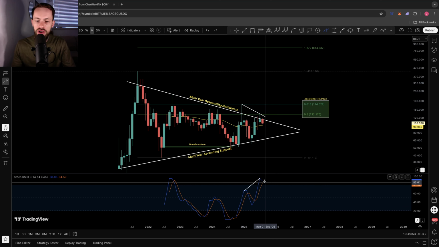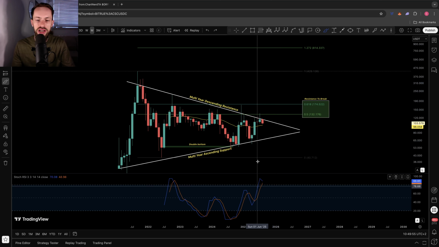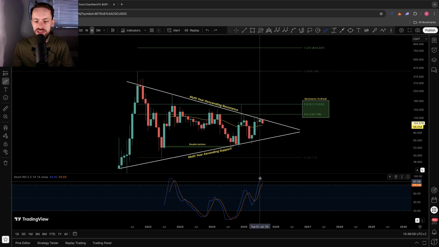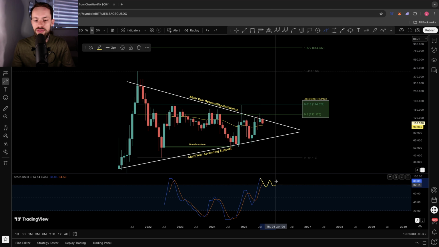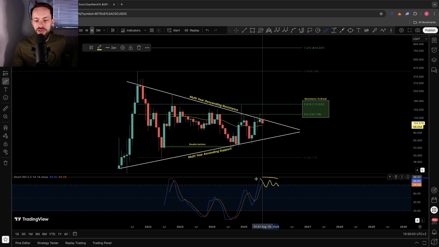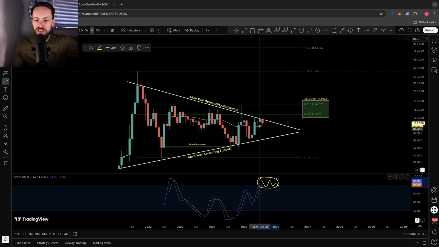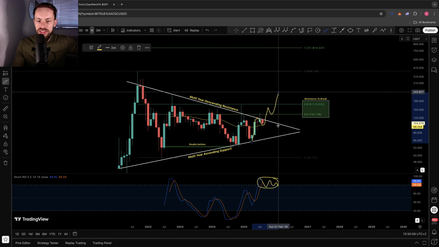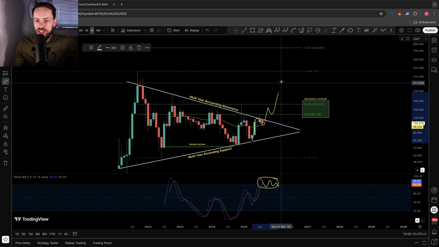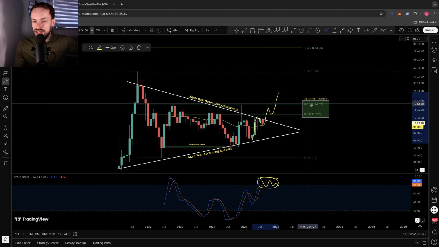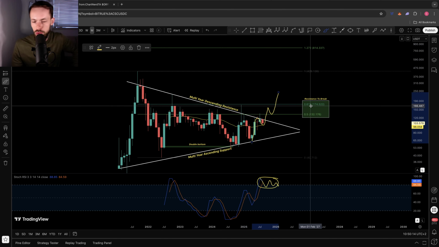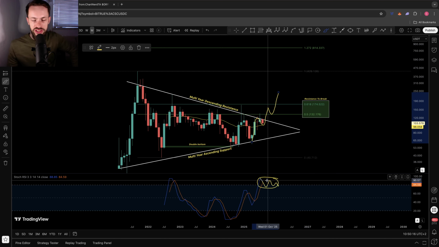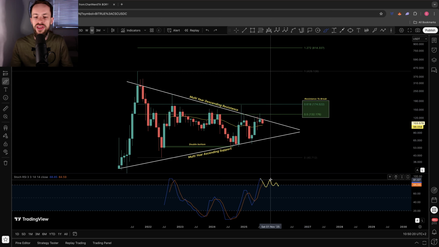Now, it's also worth noting that although we do have these higher highs and lower highs in price and higher highs in stock RSI, at some levels stock RSIs can hover in these overbought levels. And again, if we do hold this 20 as support and start breaking out, this is where we could see the continuation higher here, pushing towards these 0.618 resistance points that we need to break. And again, the stock RSI can stay at these overbought levels. There's a possibility of that as well.